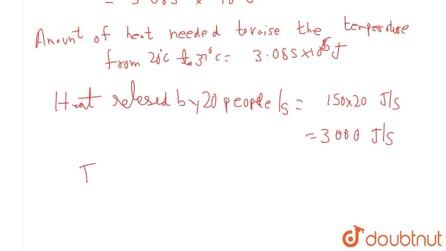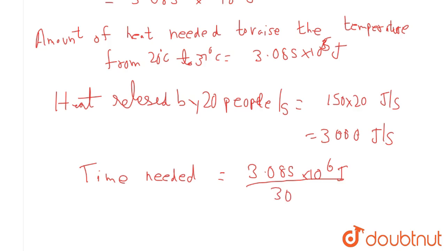So total time needed, now we know that 3000 joule of energy is released by the group of 20 people per second. So now time can be easily calculated. Time needed is the total heat that is required, that is 3.085 into 10 raised to 6 joule, by the rate at which heat is liberated, that is 3000 joule per second. So if you calculate this, you will get around